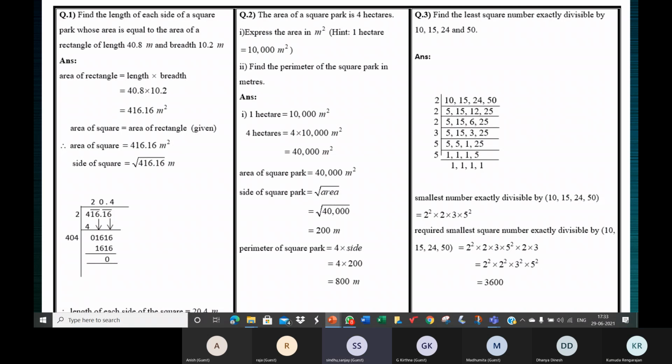Yes, ma'am. All right. So an area of 10,000 meters square. There's a big piece of land. It need not be in the shape of a square. Now you know that you can get this product 10,000 by different combinations. It can be a rectangular piece of land also. Now tell me, if the land is rectangular in shape, then what can be the dimensions to get an area of 10,000 meters square?